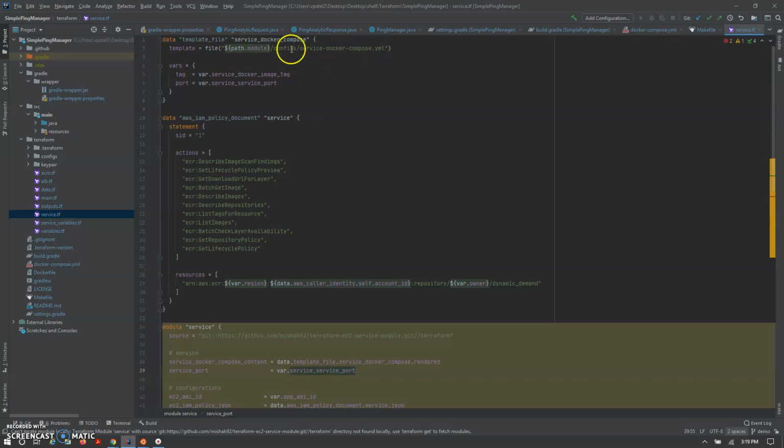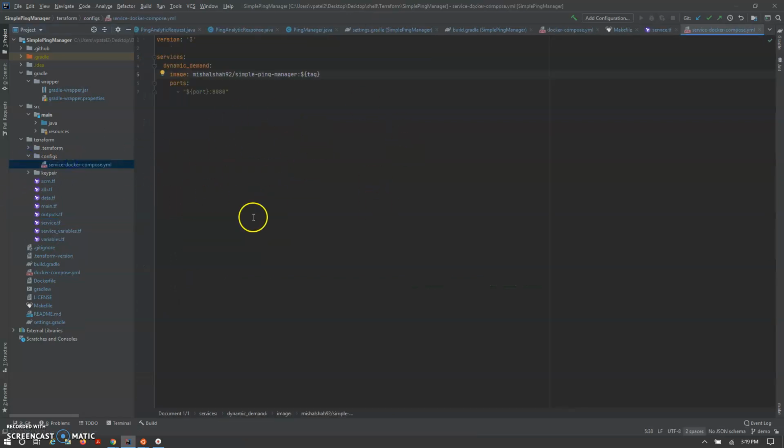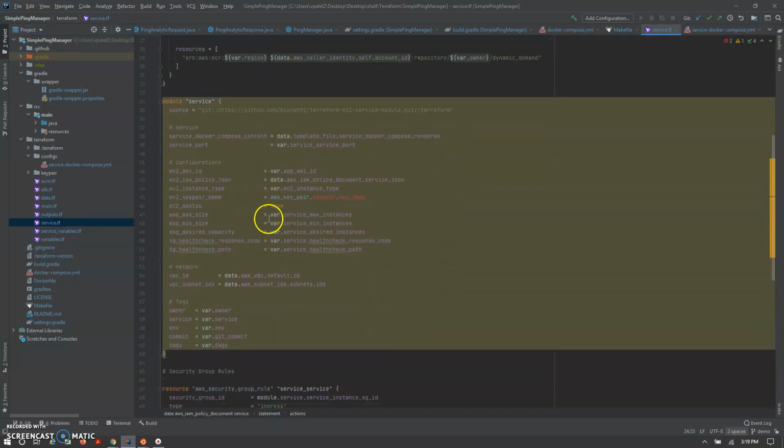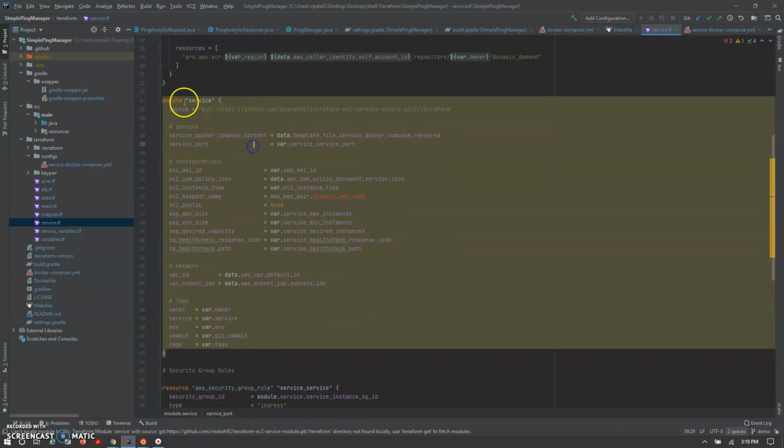You can see it's created here under the config file, and this service Docker compose file will be used to deploy our actual Docker container in the EC2 instance. This is the policy part, and the service Docker compose basically uses the service module, the Terraform EC2 service module, to deploy in an EC2 instance. This is a parameter to call the service module.